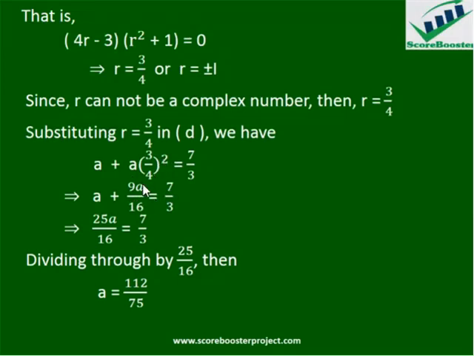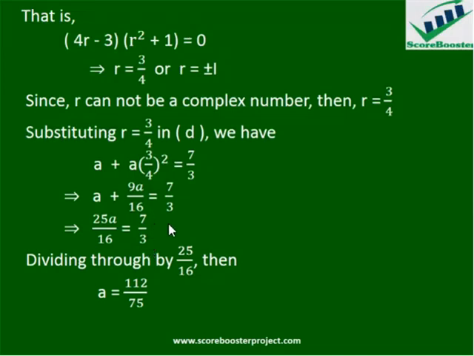So here we find the LCM. LCM is 16. 16 multiplied by a will give 16a, plus 9a, 16a plus 9a is 25a over 16 equals 7 over 3. So to make a the subject of the formula, we divide through by 25 over 16. If you divide by 25 over 16, 25 over 16 here, 1, 25 over 16 here, we are left with a. So this will now be 7 over 3 divided by 25 over 16,